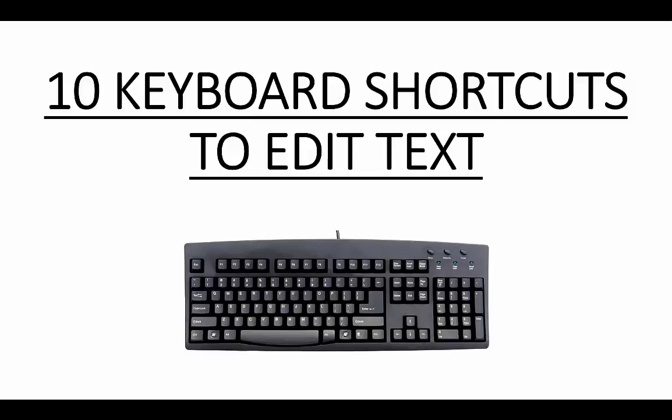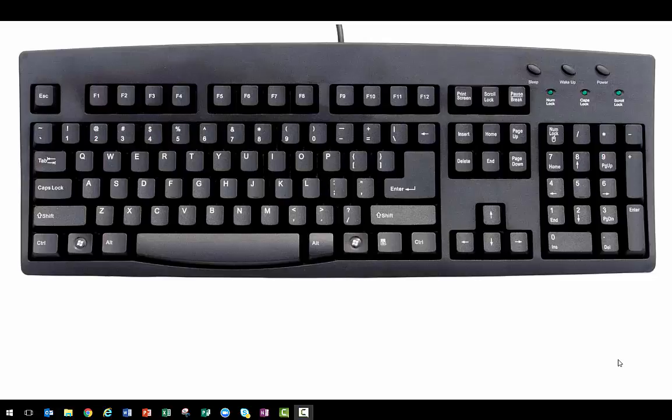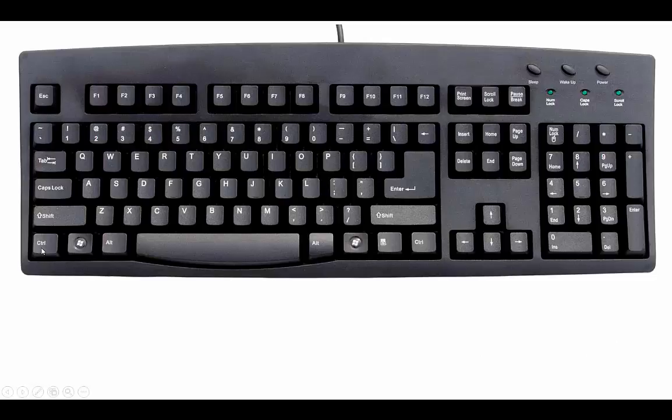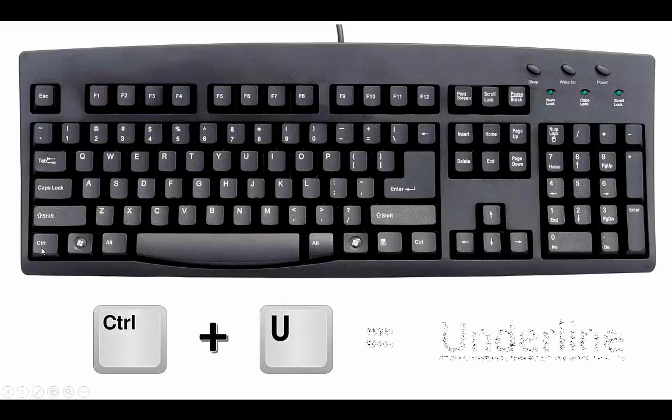So let's begin. To get us started, we'll start with some shortcuts that you may already know and are a bit more familiar to most people. If you hold down the Control key here on the keyboard and hit the letter B, it will bold your text. If you hit Control and hit the letter U, it will then underline your text. And another one that you may know is if you hold down Control and hit the letter I, it will